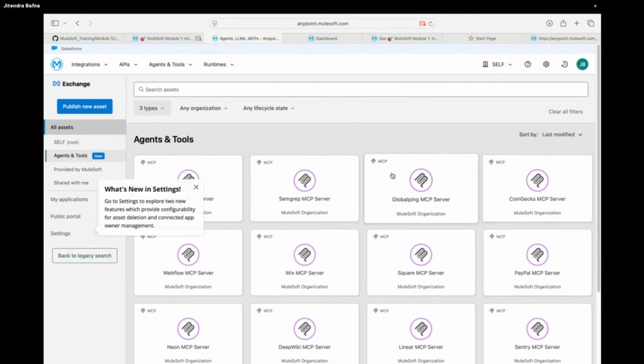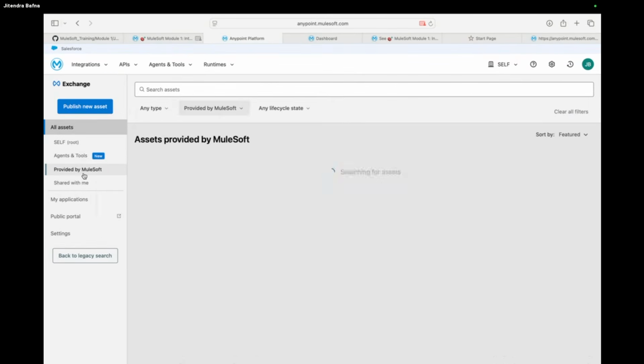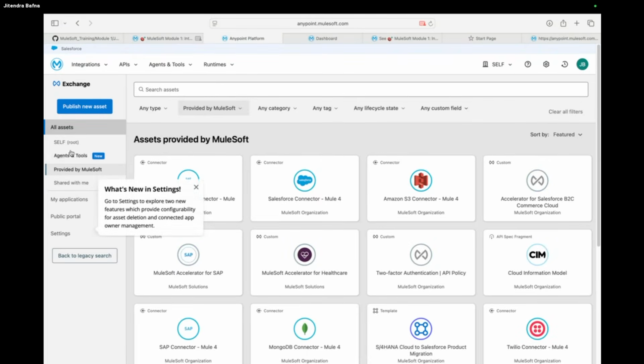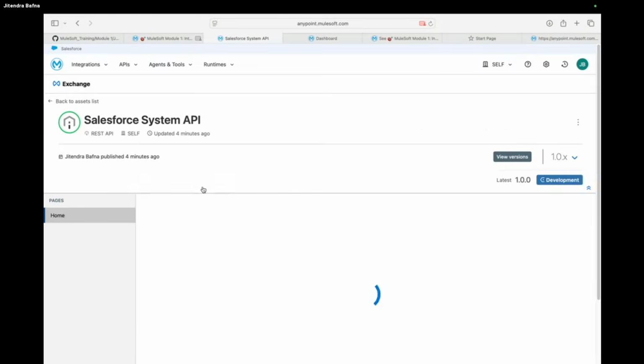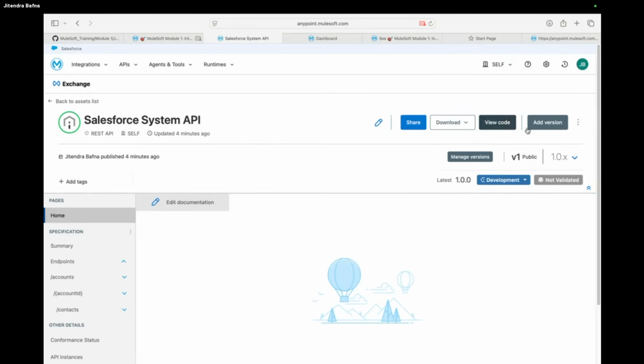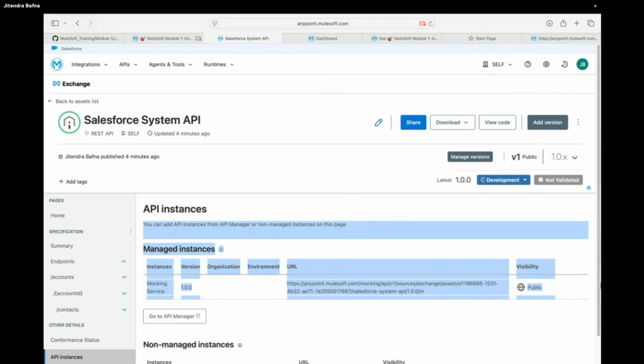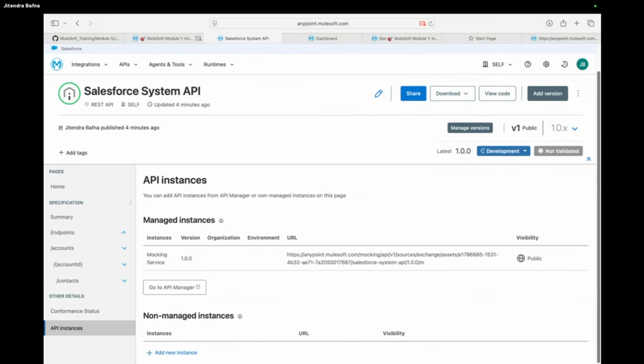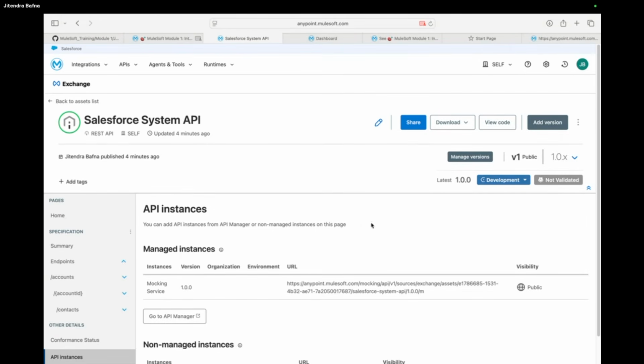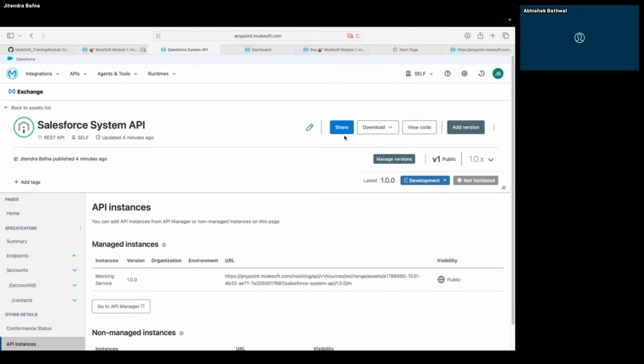We have a lot of MCP server assets here. Okay, so we have an API instance here. Okay, any question before I move into the developer portal? Just trying to open the developer portal.